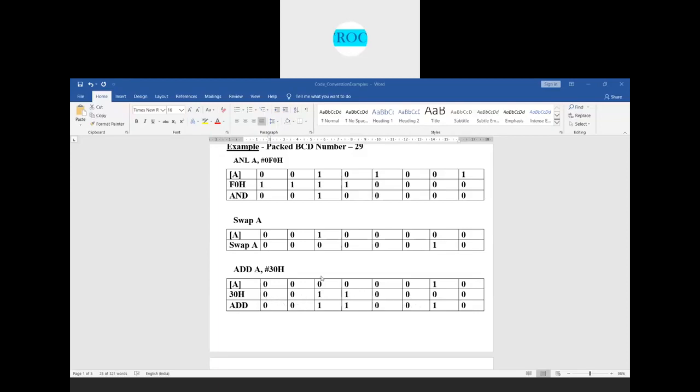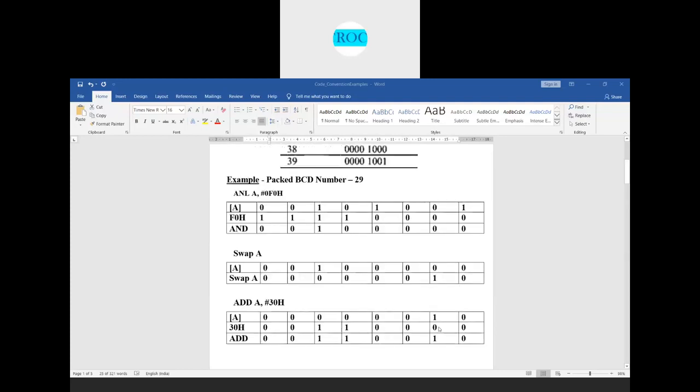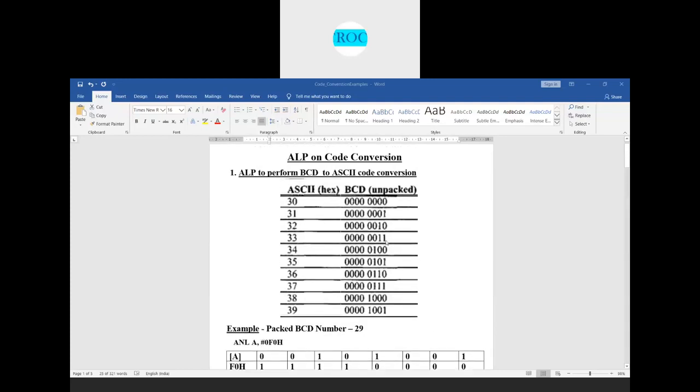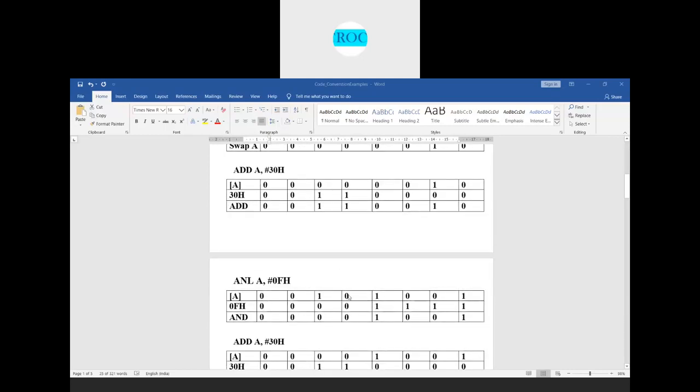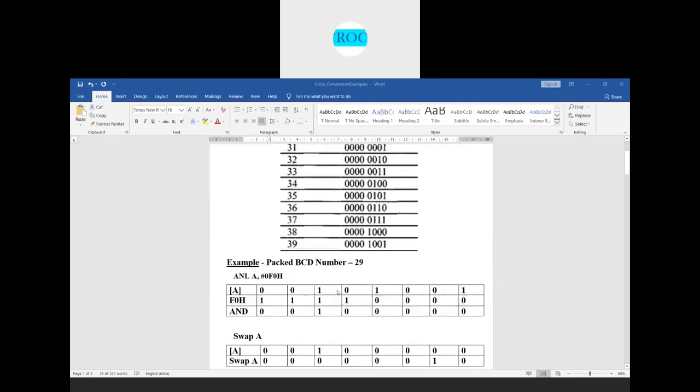In binary, when I add it, what do you get? This is 0011 which is 3, and 0010 is 2, so 32. So we converted the 2, which is unpacked BCD, to the ASCII equivalent in hexadecimal, 32 here, right? This 2 we converted into 32.